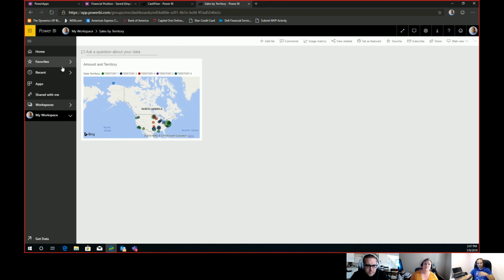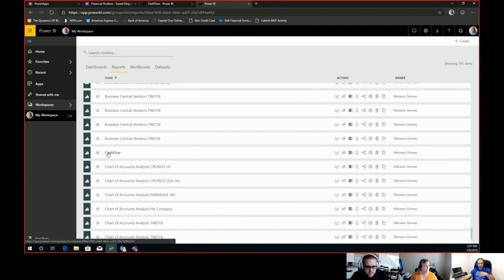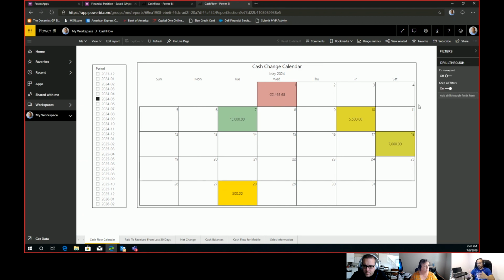But if you go back to reports here, let me go to my workspace, click on reports, and let me scroll down to locate my cash flow report. So one thing you can do is use the capabilities in Power BI itself to add a Power Apps control. That Power Apps control embeds, with some little configuration options, and it then allows you to reference elements directly that are on your Power BI, such that if I enter, for example, a value on my cash change by 2000 here in my Power App, it will immediately update my Power BI application with a change in that net debit. So there are ways to actually have your Power BI application be affected,